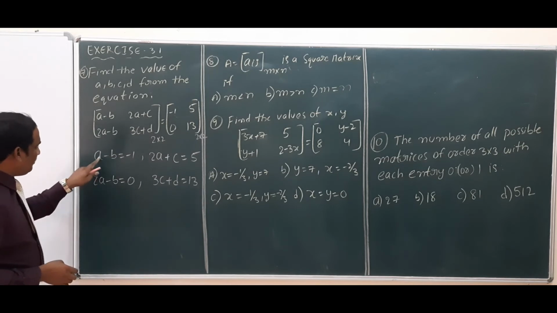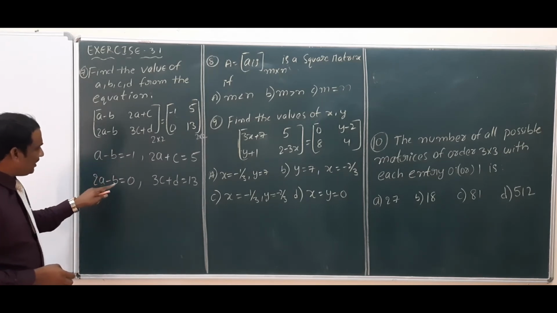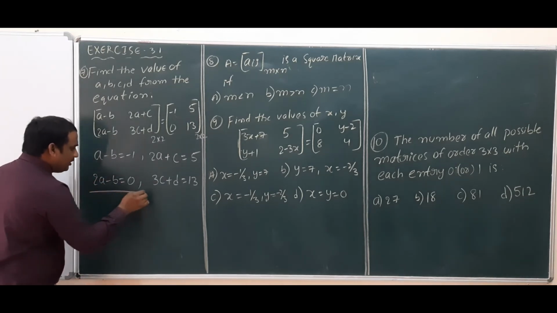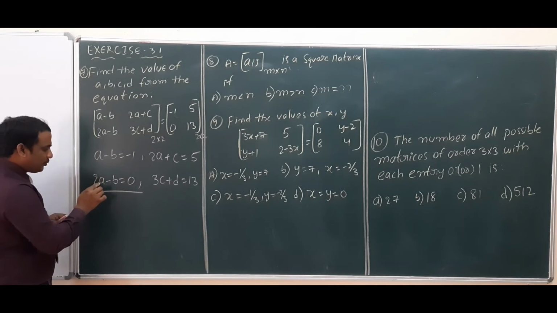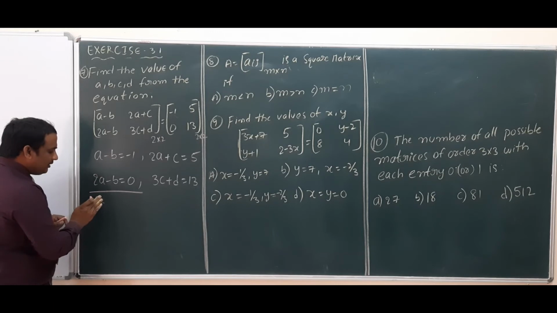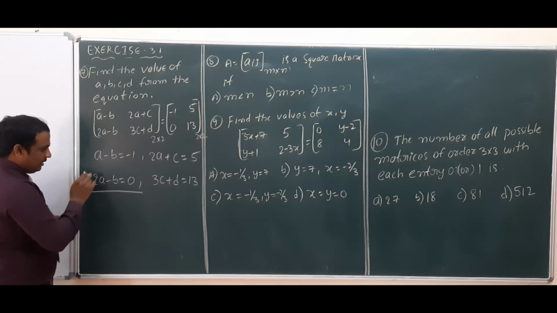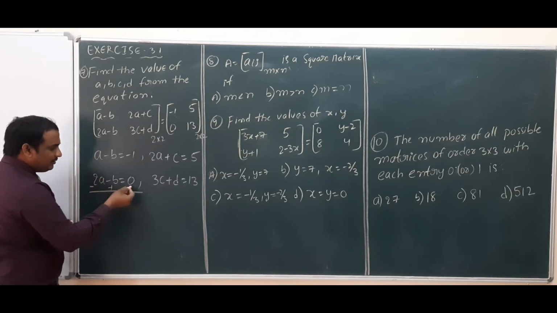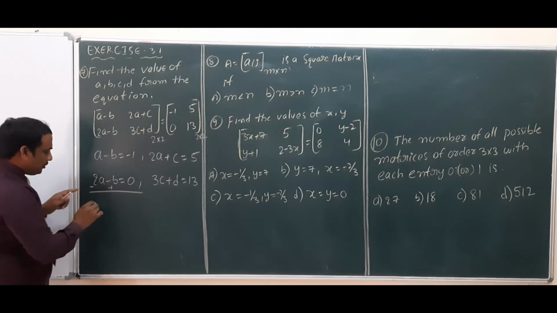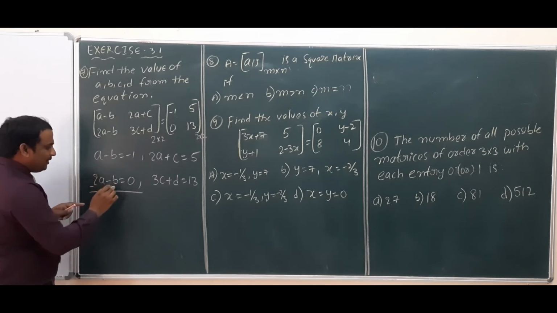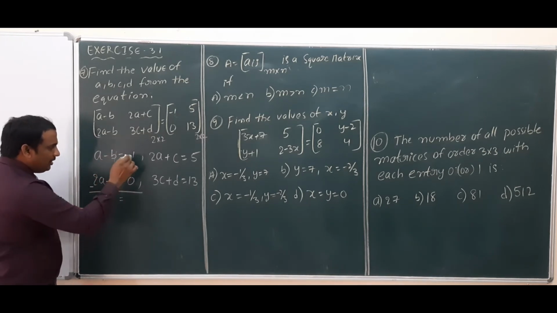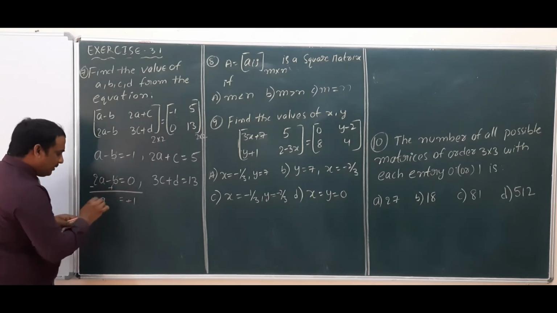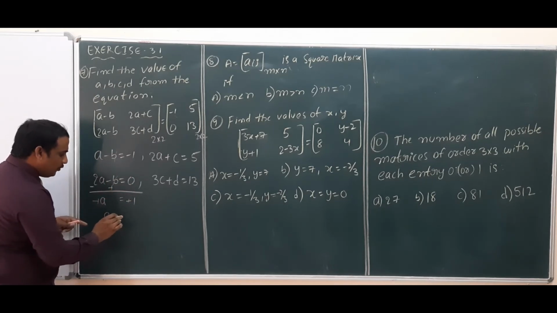Now see here: a minus b equal to minus 1, 2a minus b equal to 0. Now we can add these two equations: a plus 2a gives 3a, and minus 2b will come. Now what will we do here? Don't add, here we will do subtraction. Subtraction means plus becomes minus, minus becomes plus; 0 needs no writing. 2a minus a, minus b plus b cancel, equal to minus 0 minus of minus 1. Minus minus cancels, and a value you got is 1.